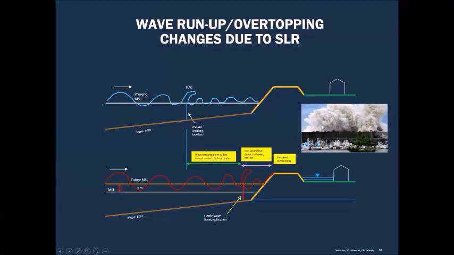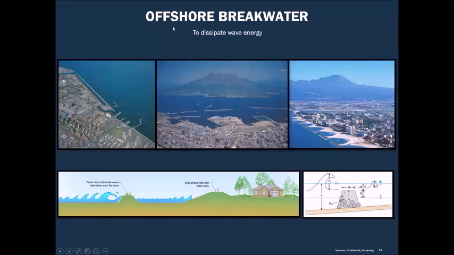This is a picture from Japan. And in Japan, most of the structure is the offshore structure because they dissipate the energy first right here, and then the small wave will propagate. They will get less wave height. And this is also another type of submarine structure, called the submerged breakwater right here. So wave will be arriving here and it will break, and the transmitted wave will be